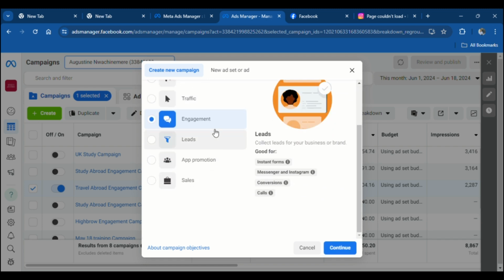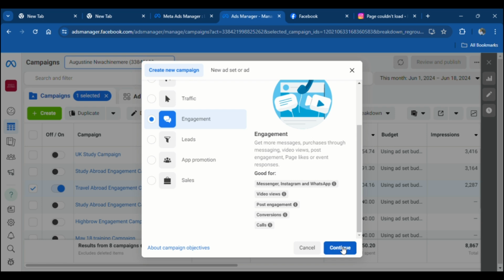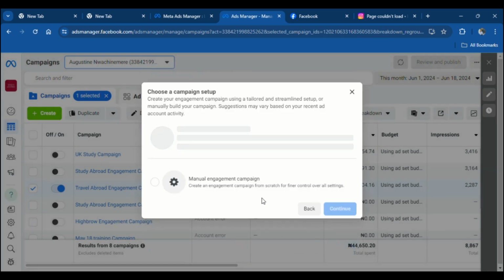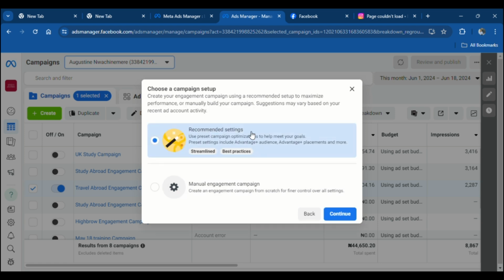It just depends on what you are looking for. So let's continue. You click on continue, and then it usually comes in two ways. Choose campaign type: recommended, streamline best practices, or manual. When you go to manual, you will now take your hand and do everything step